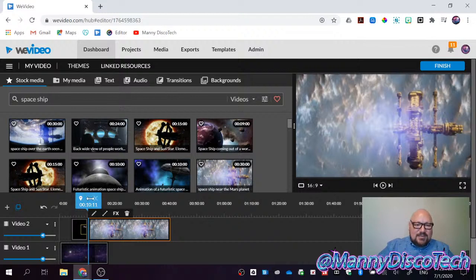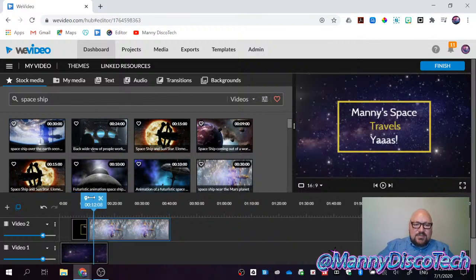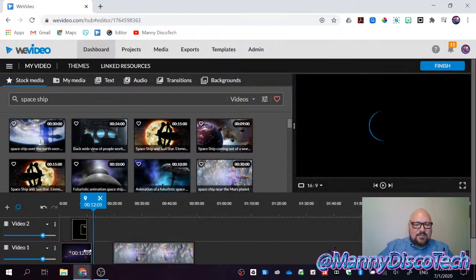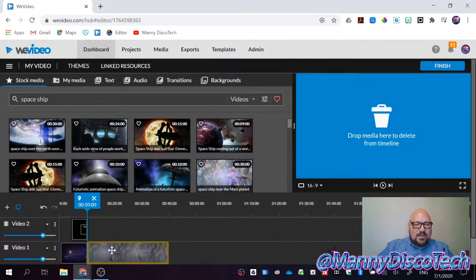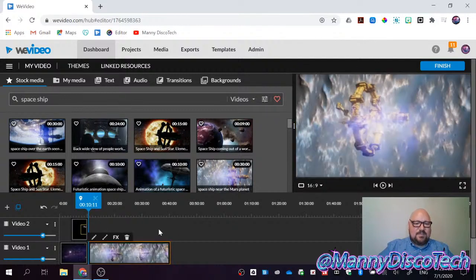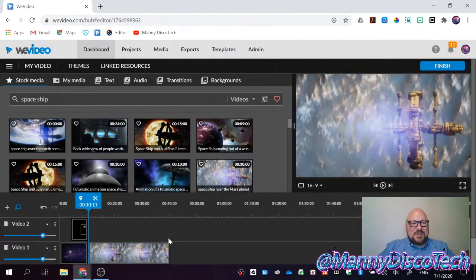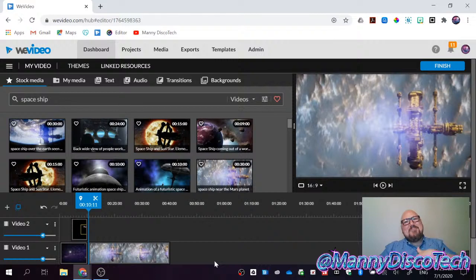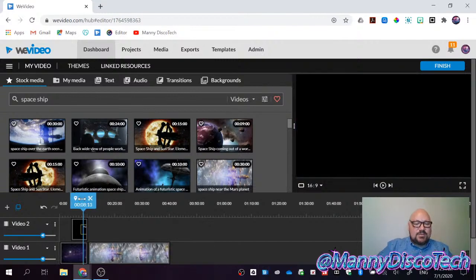All right, notice that it's going from here to here. I could actually put it in layer 1. Let's do that. Let's keep the background in layer 1. All right, there you go. I just want to be responsive. So anything that's extra, I'm going to add it in layer 2, but video 1 is going to be my main layer where I have all my backgrounds and all the main content. That's going to be my layer 1. Now this is super long, I'll cut it later. So this is what I have so far.